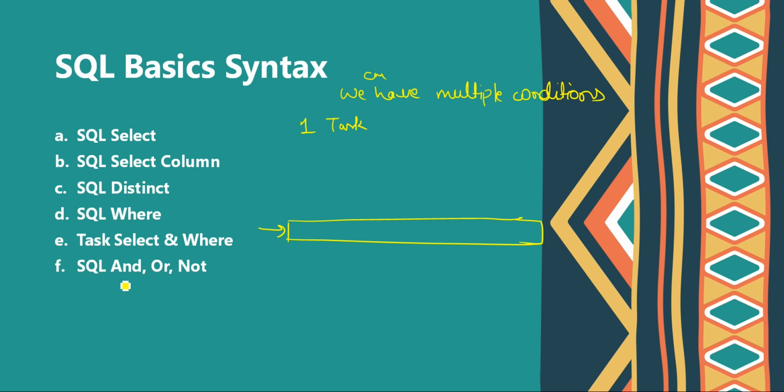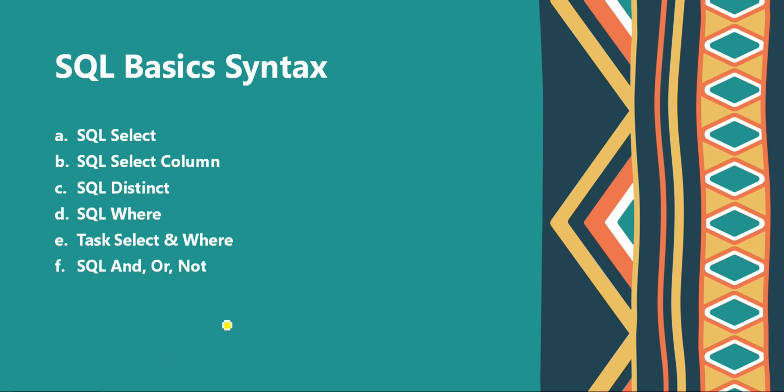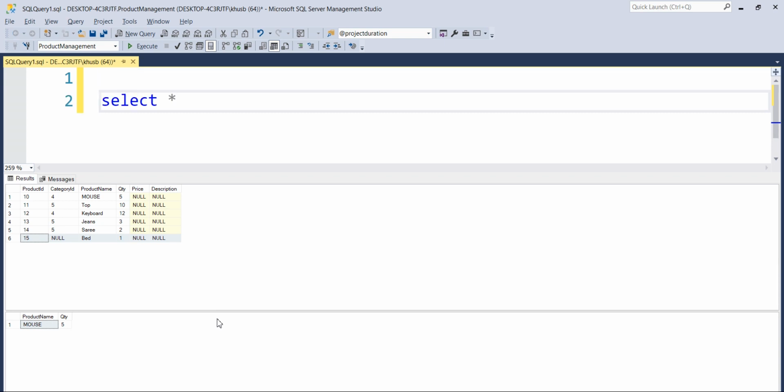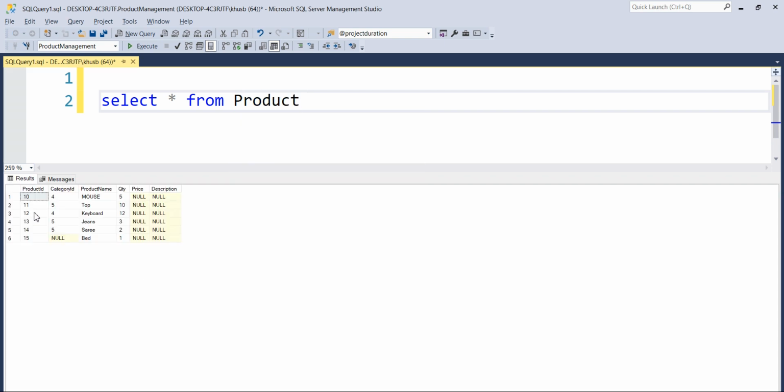So by using AND, OR, NOT, we are going to apply those conditions. So let's say select star from product.